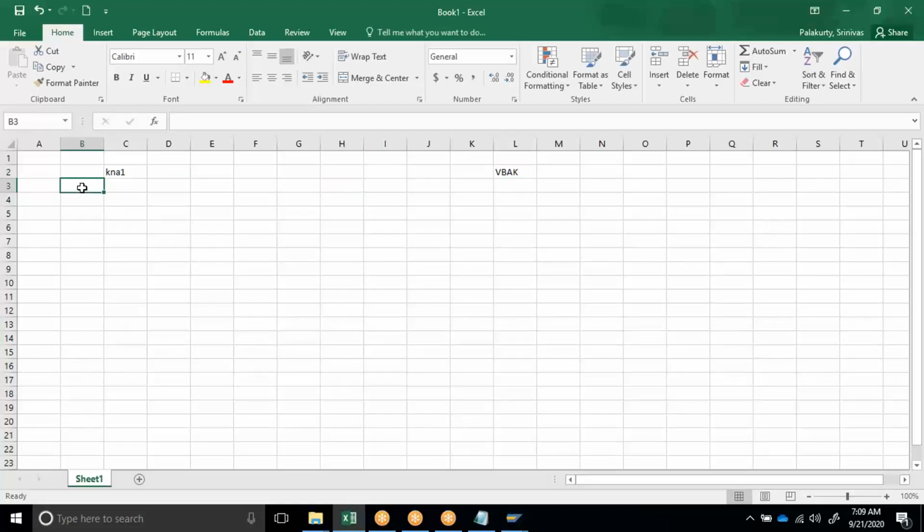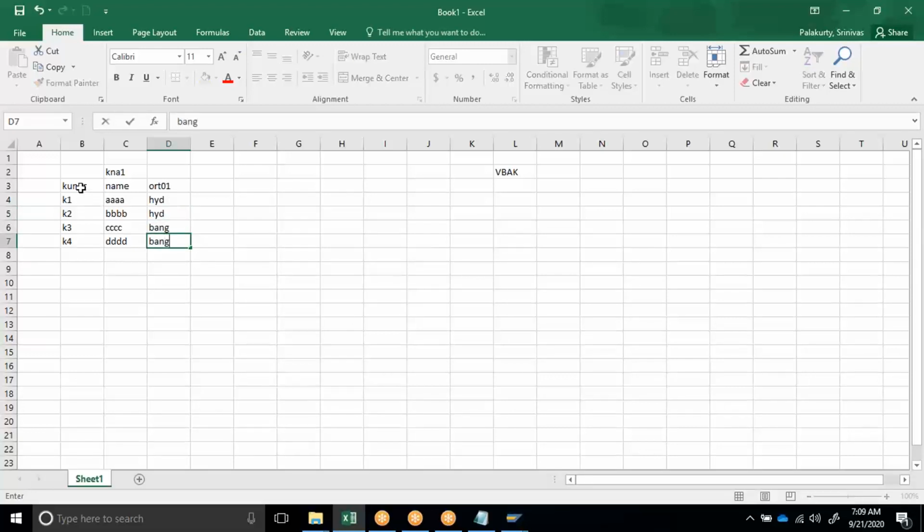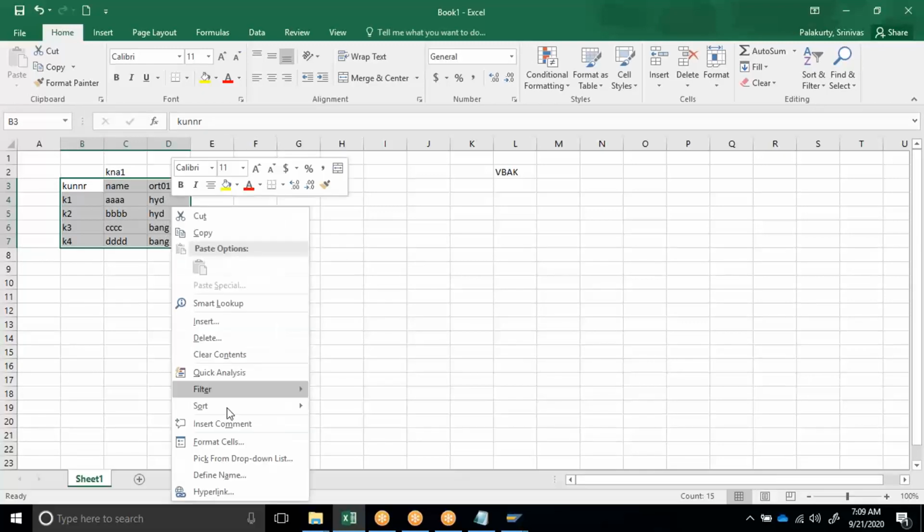Now the KNA1 customer master table has KUNNR, NAME1, ORT01, etc. So I have customer 1, customer 2, customer 3, customer 4, with some names and some cities. Say the first 2 customers are from Hyderabad, the second 2 customers are from Bangalore. So this is my customer table.